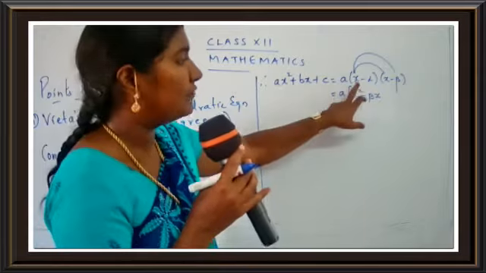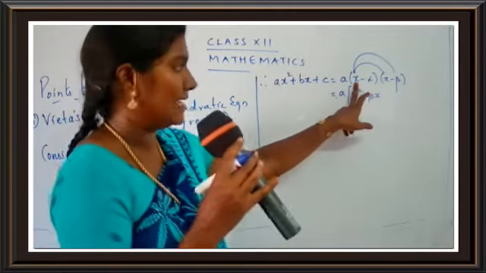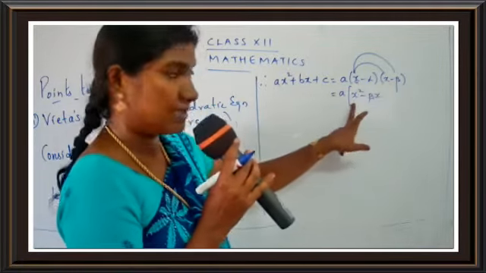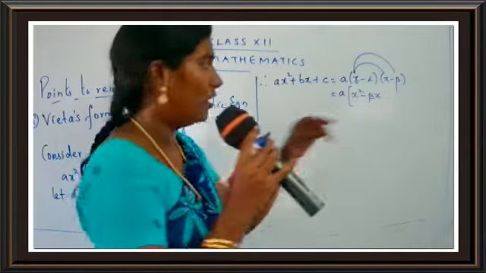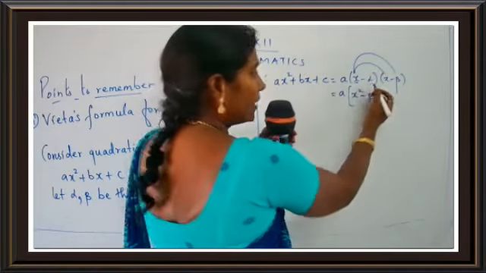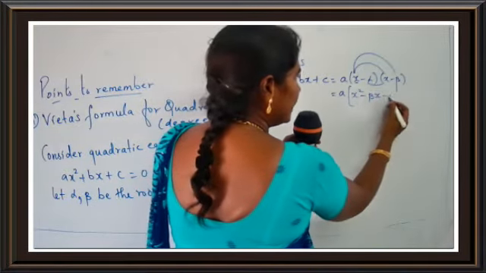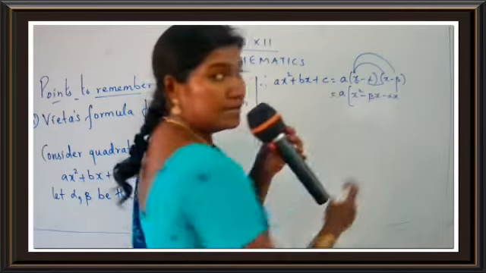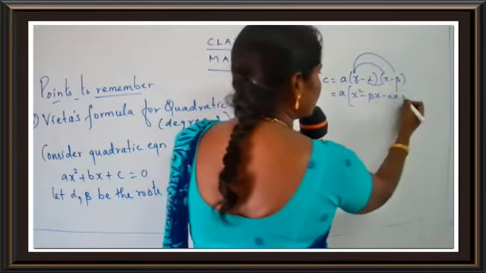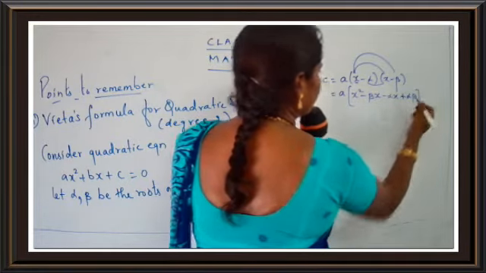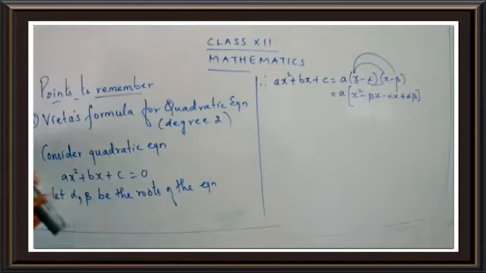So I'm just going to take the first term over here, that is x. So x into x gives x square. x into beta, that is minus beta x. Okay, next. Now I'm going to take the alpha part over here. So this is minus alpha x. Okay. Minus minus. What is minus minus? It's plus. Alpha into beta, alpha beta. So you get here plus alpha beta. So what we have got here, it's x square minus beta x minus alpha x plus alpha beta.